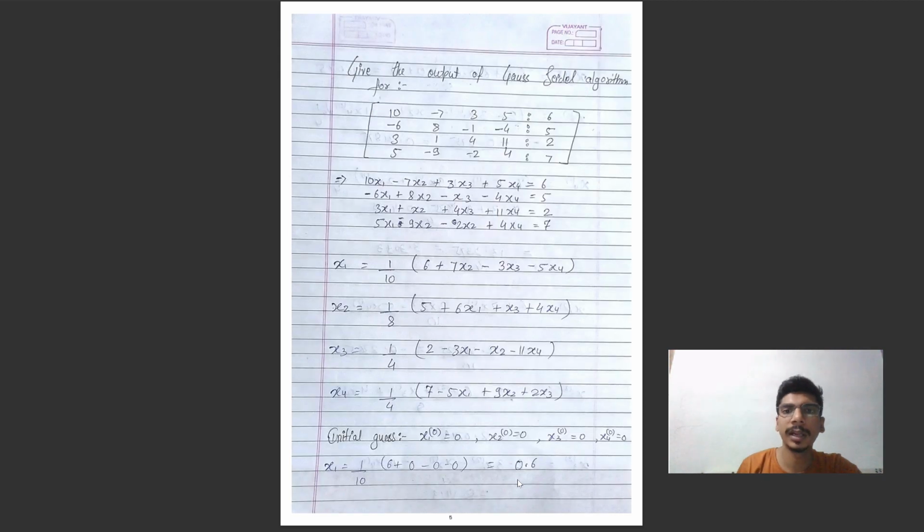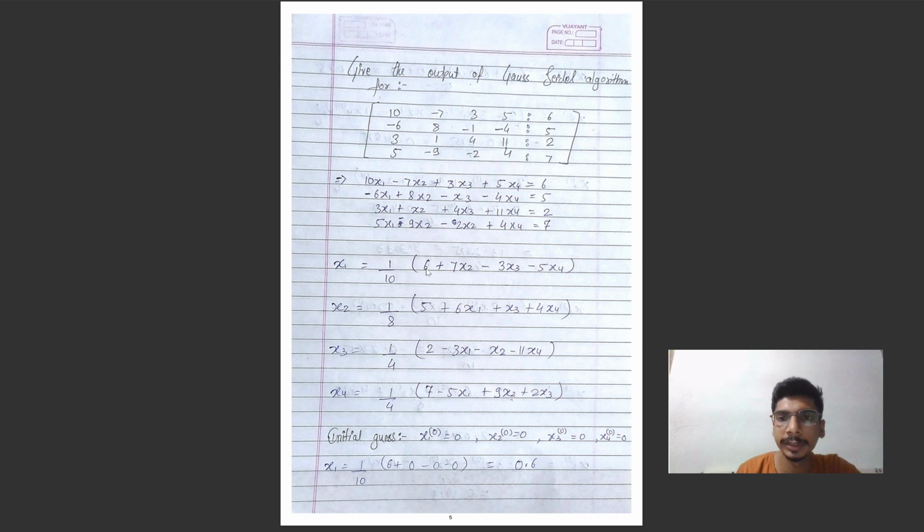Now we are moving to our last question, which is the Gauss-Seidel method, by which we have to solve these matrices. First we have given these matrices their coefficients x1, x2, x3 and x4. To solve this matrix there is a formula to find x1, x2, x3 and x4. Here 10 is a pivotal element, meaning A11. In the second row we will take 8 as a pivotal element, meaning A22. Here we take A33 and here we take A44.